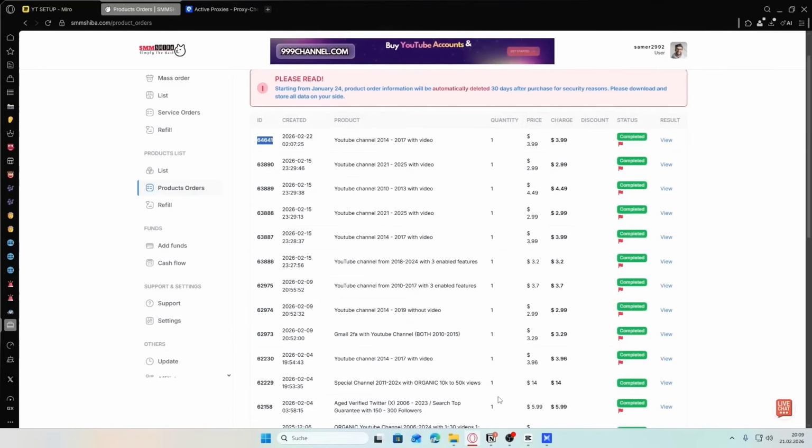All right, so I'm currently at my dashboard on smmshiba.com. And do not get confused by the website names. SMM Shiba and SMM Dodge are actually the same website. So all you have to do once you've created yourself an account here is to go on list, click on this category icon, select, and here you want to select basically any option that says from with video. So I'm going to choose this one right here, and this should be already fine. 2014, 2017, yeah. Now I'm going to click on buy, confirm,